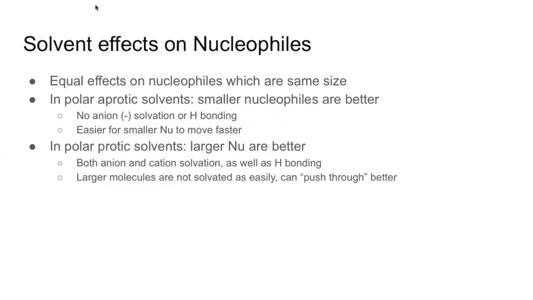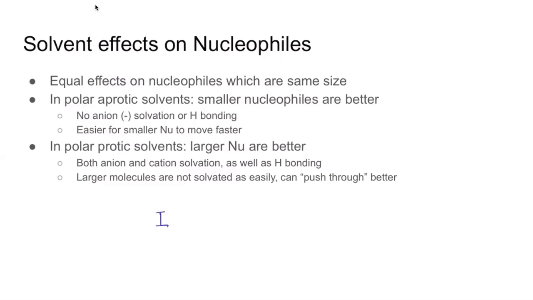Next, we have polar protic solvents, and we can compare sizes of nucleophiles there as well. Remember, polar protic solvents have both anion and cation solvation, as well as hydrogen bonding. So larger molecules are not going to be bogged down by that solvation as easily. So for example,